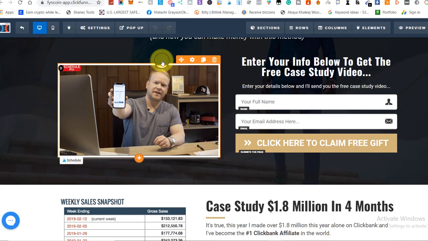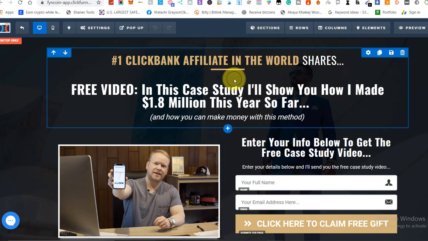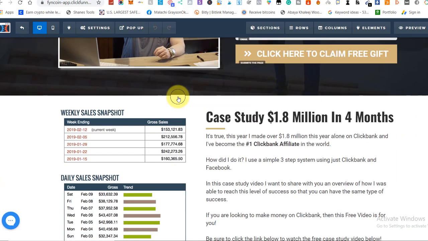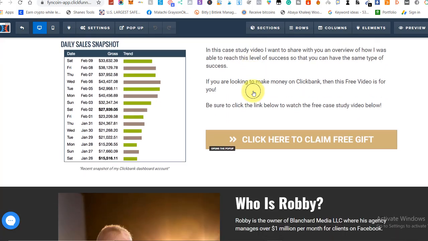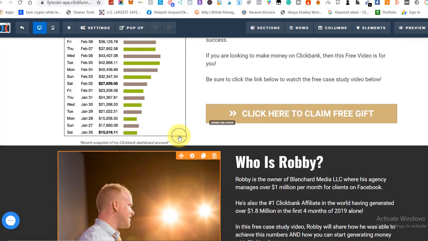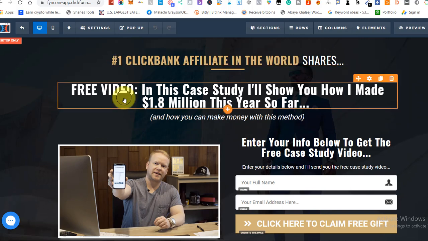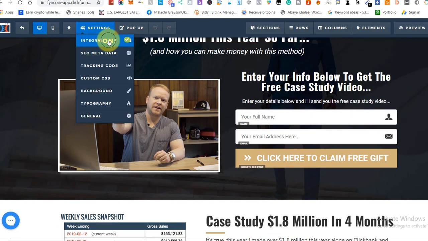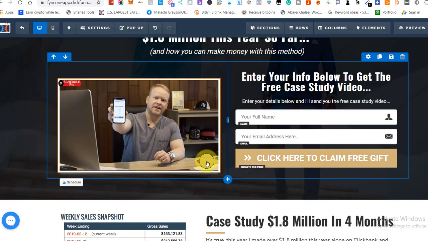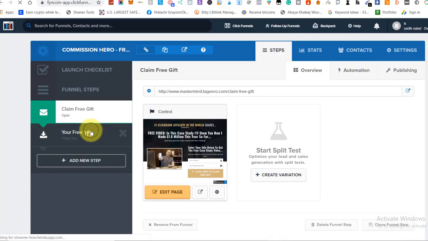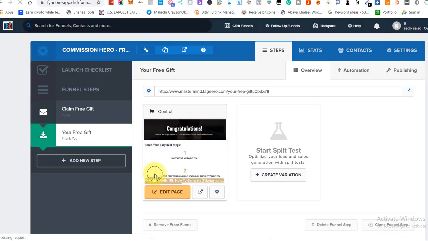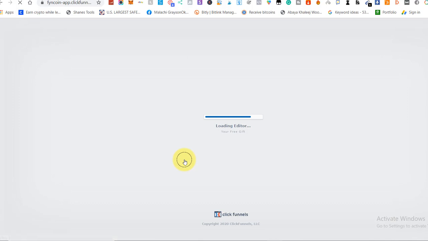While this loads, I'm going to show you about ClickFunnels. Here is the funnel that you can use for this. Very easy. It has an image, and then it has a case study that talks about the person who is doing this, and then this has 2 steps, which I've already integrated with my Getresponse, as you can see. And also there's going to be a thank you page here where you have to add your affiliate link. Okay,